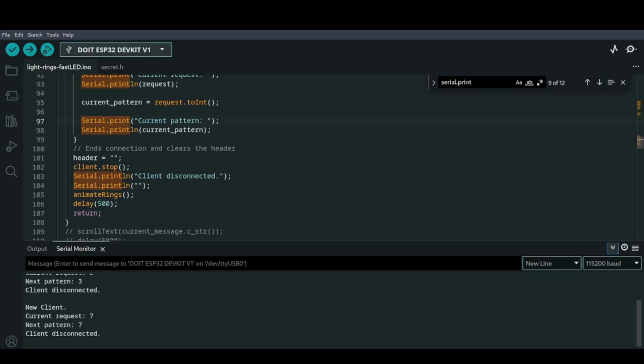Then we'll just copy this and change it back to not visible. Edit. Okay, come on. Hidden.